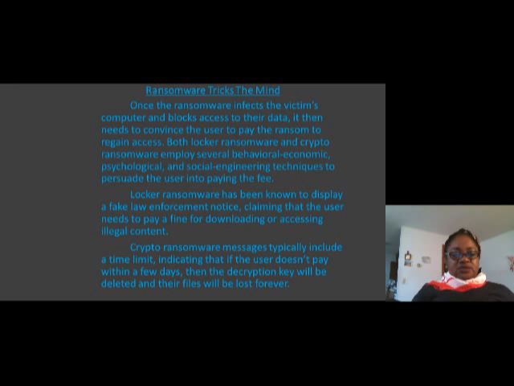Locker ransomware has been known to display a fake law enforcement notice claiming that the user needs to pay a fine for downloading or accessing illegal content. Crypto ransomware messages typically include time limits, indicating that if the user doesn't pay within a few days, then the decryption key will be deleted and the files will be lost forever.